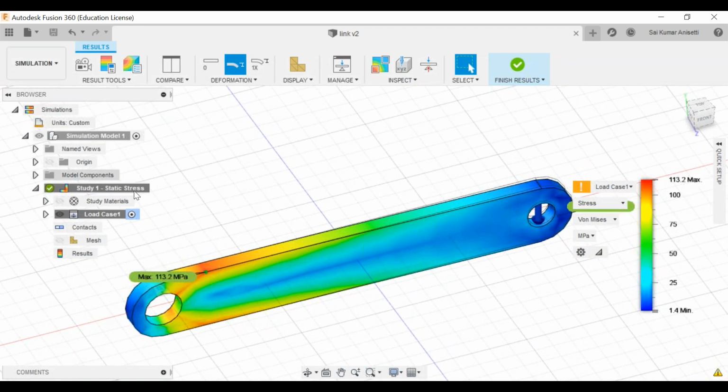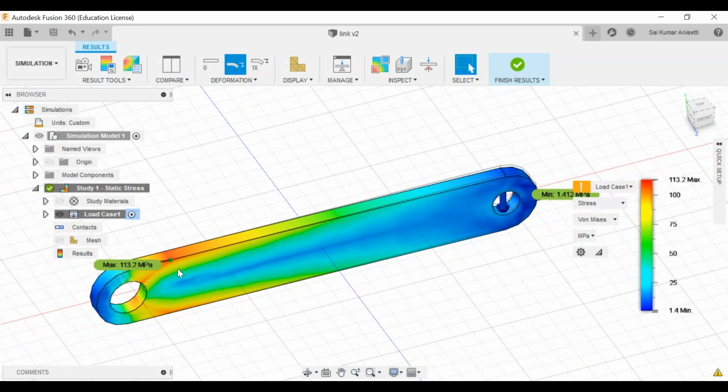Okay, you change the design and you redo the analysis, and you say, sir, my initial design, the results were shown in this way, and case number one, case number two, case number three, or else design number one, design number two, and design number three, these are the three designs I have proposed. Design number one has more stresses over here, design number two has stresses here. That comparison you need to do, and finally choose one design which has a good factor of safety and less stress. I mean stress concentration should not be over here, and it should be a little bit less.